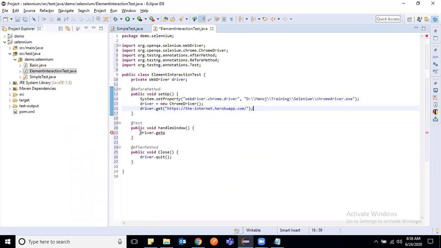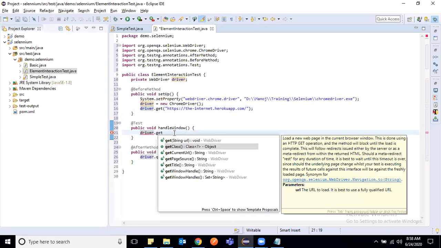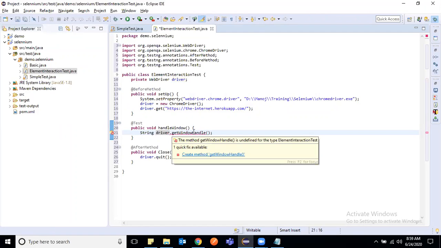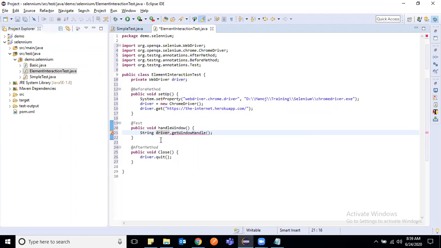Suppose I use getWindowHandle. This will give me a string, as you can see in the description of this method, that returns a string unique ID. So let's say this is the parent window.